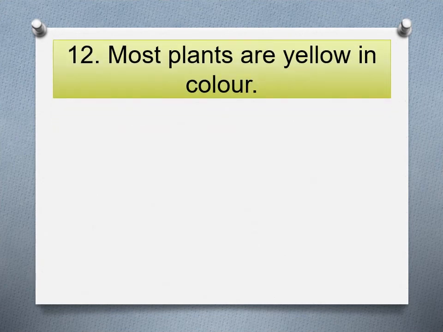Number 12. Most plants are yellow in color. A, true. B, false. Children, have you seen most of the plants yellow in color? No. Most of the plants are green in color. So this statement is false.